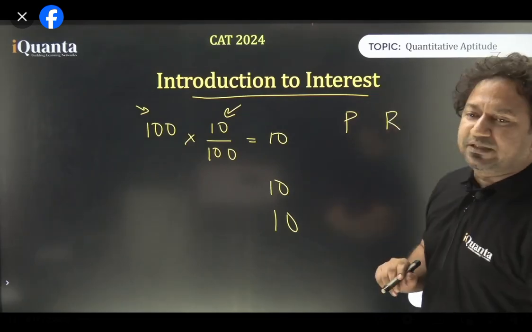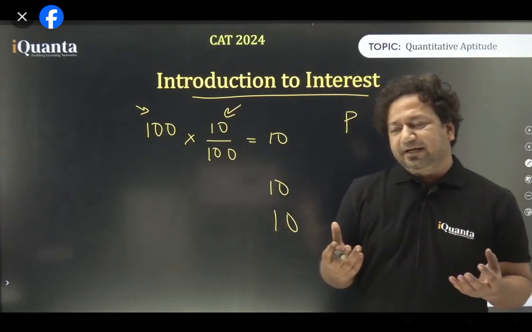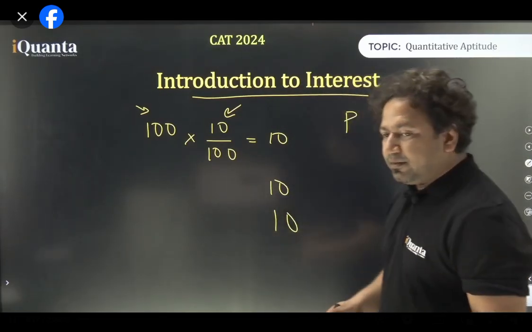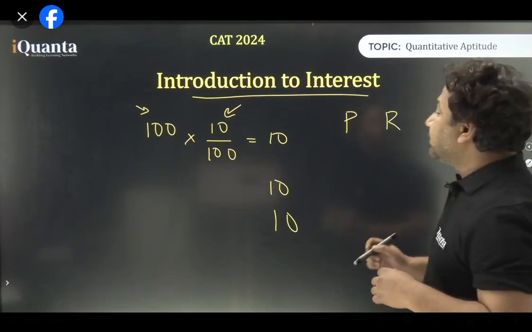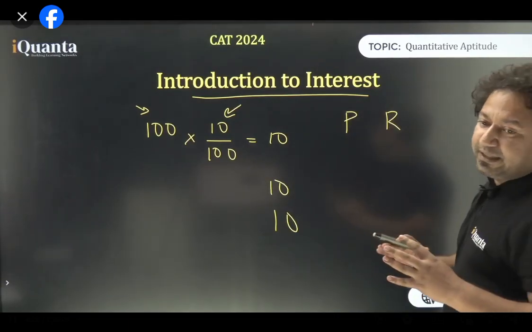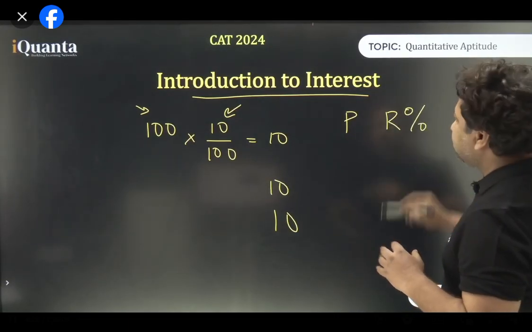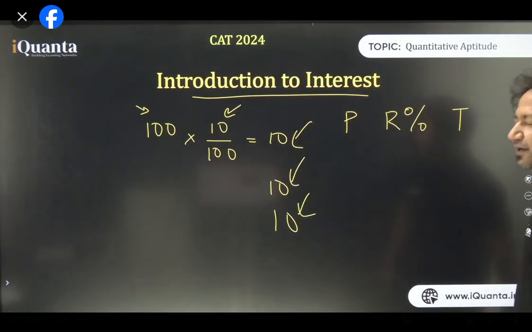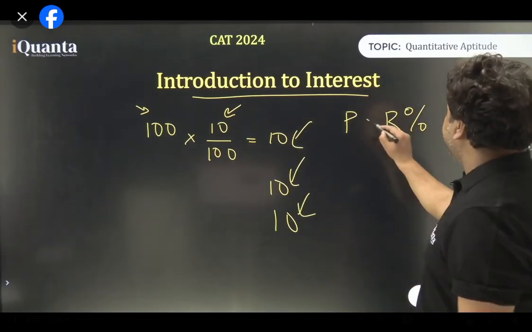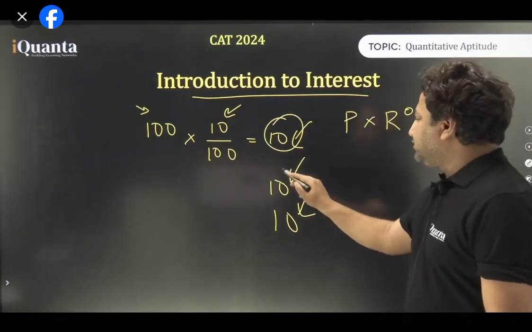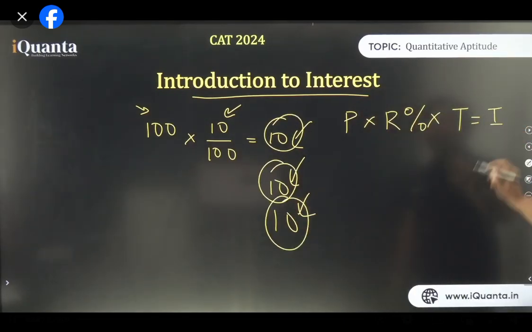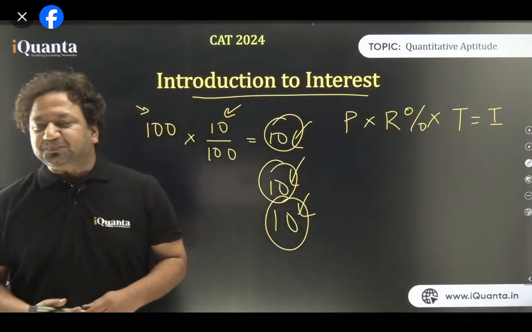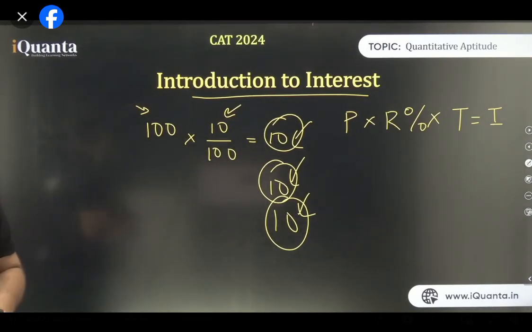It is always in percentage. Why percentage? Because 100 is the base and it is easy for us to calculate. Well, so rate is always percentage. And it is normally per annum. So the next thing, this 10 more every year, that will be T, time in years. So basically what is happening, if I multiply all of this, I'll get the amount which will be my interest. Let us call it I. P multiplied by R %, then T. And if you multiply them all, we'll get the interest I.